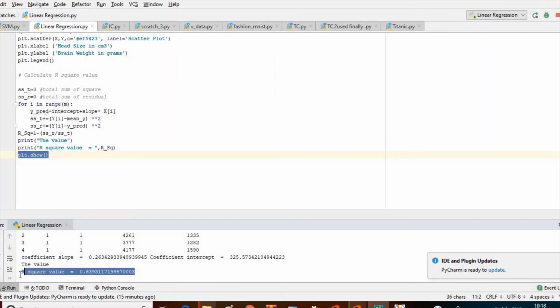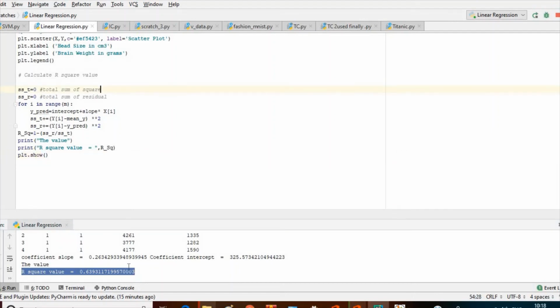So it is above 0.5, so we can say that there is correlation. And the intensity of correlation is 0.63, which means 63% correlation between the x and y variables. We can say that the weight of the brain depends on the size of the head.